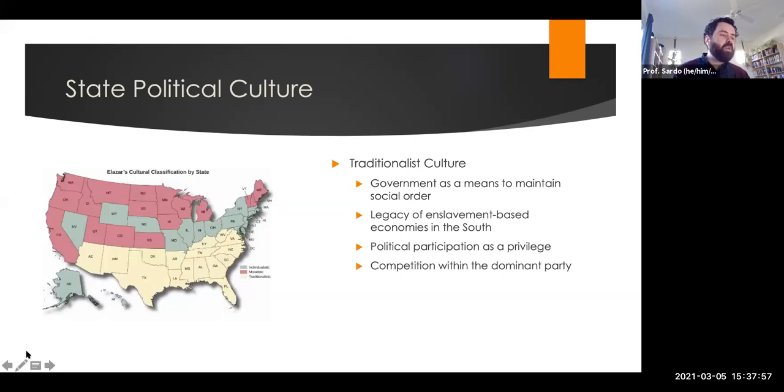Though, of course, this model might be changing, right? We saw Arizona becoming Democratic. Virginia has for a while been a Democratic state. North Carolina and South Carolina are often considered swing states. Georgia flipped blue in the most recent election, and Florida is often a swing state. So these are not set in stone here.